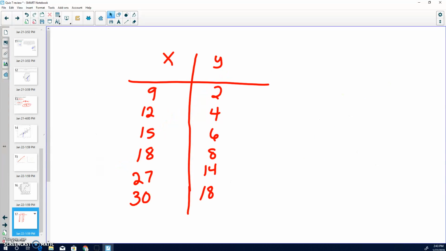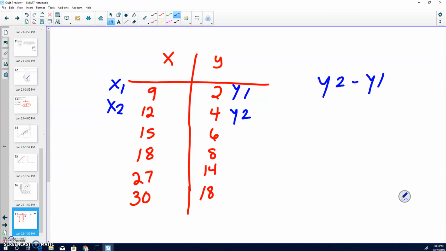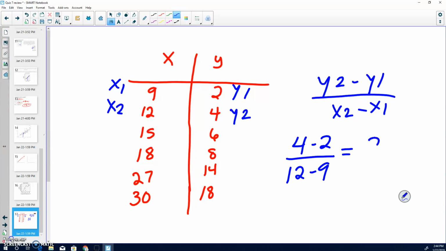So anytime they're telling you to find the pattern or what x does, what y does because of x, what do you know that you can always use if they give you an xy chart? What can you find? Slope. x1, x2, y1, y2. y2 minus y1 over x2 minus x1. So no matter what they give you, xy chart, you know you can always find the slope. So if you're looking for a pattern, 4 minus 2, 12 minus 9. That's going to give you 2,